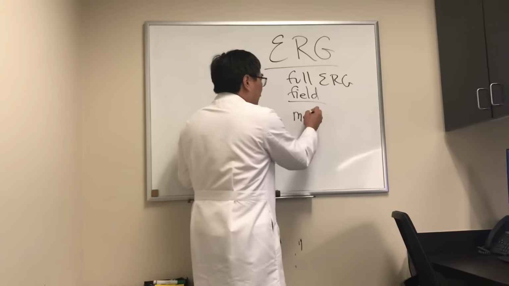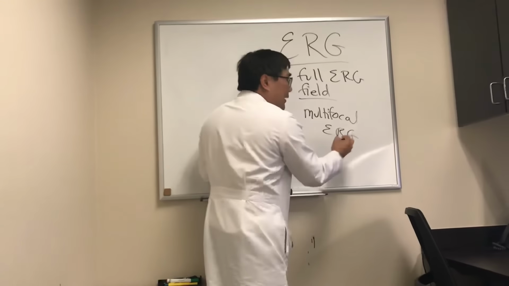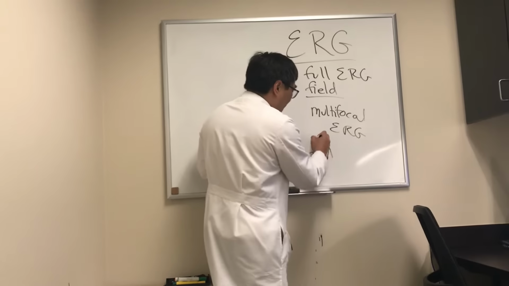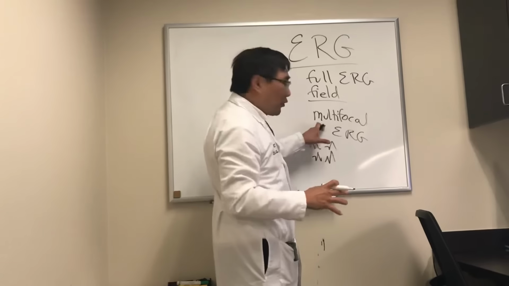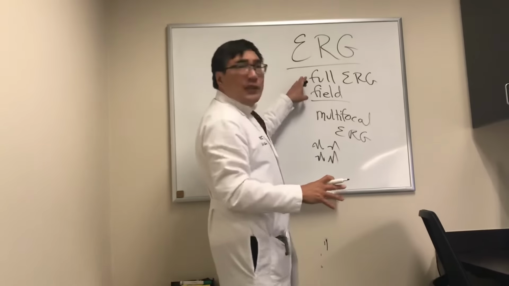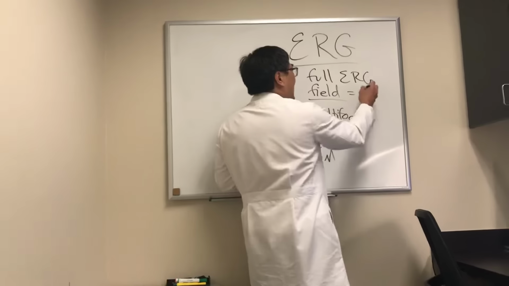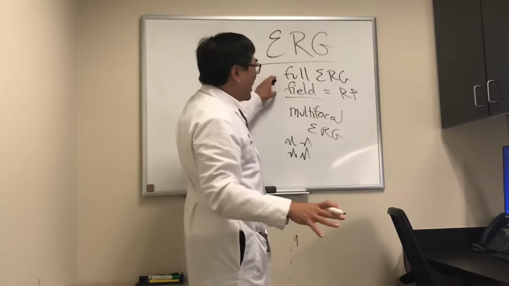And then we've got multifocal ERG, and multifocal ERG is multiple stimuli at different locations. And so we can measure focally and multifocally the function of the retina in different parts of the retina. In a full field ERG, that's a mass response. So the diseases like retinitis pigmentosa, where we have diffuse wipeout of the photoreceptors, that's going to have a flat